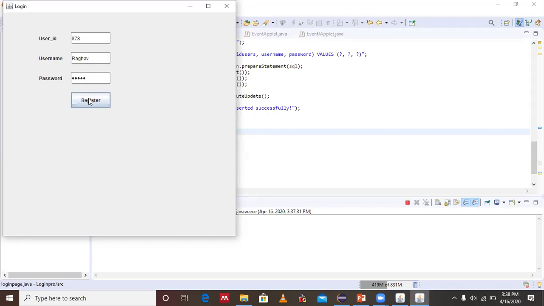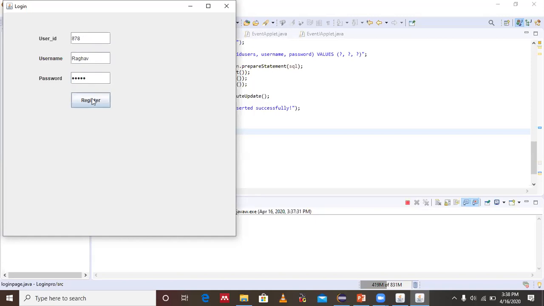That method contains the logic for connecting to the MySQL database. Now what will happen? The three values, 878, Raghav and the password, will be inserted into the users table, which is in the employee database of MySQL.